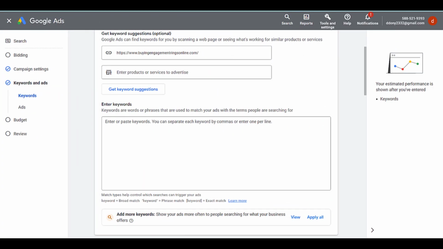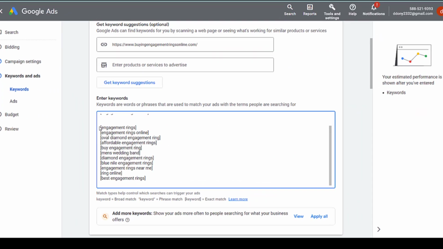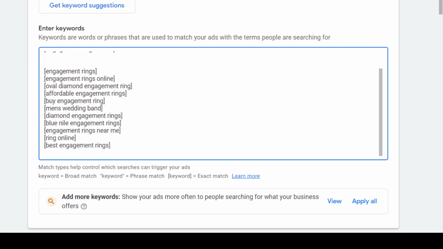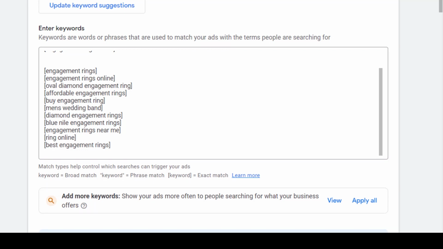For those who are new to Google Ads, it's recommended to start with exact match. This involves enclosing your keyword in a bracket. Exact match, enclosing with a bracket, makes it more specific.